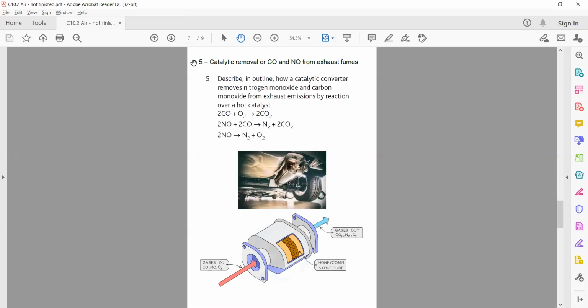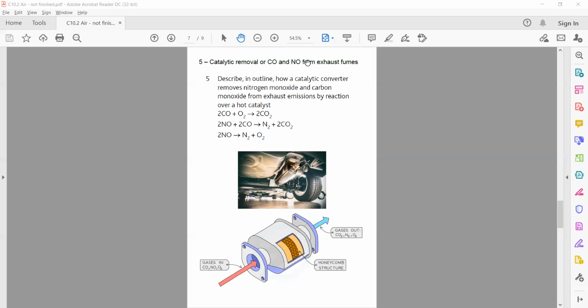Cool. This last topic is only for extended. I forgot to write it at the top here, but it's extended only. The core guys, you can listen because it's interesting, but you don't need to know any of this. In fact, some of you might know more about this than I do. So I'm thinking of John in particular. He likes cars and things.